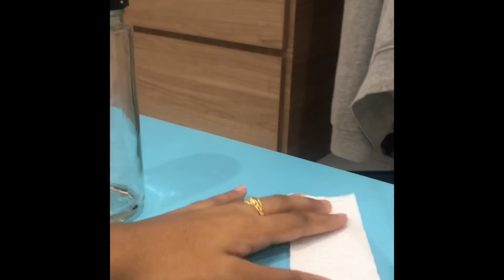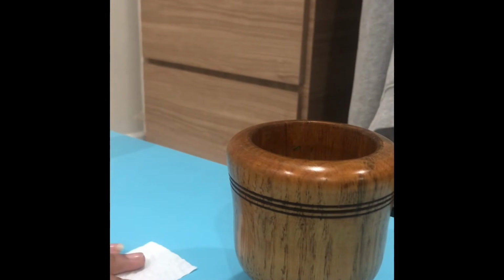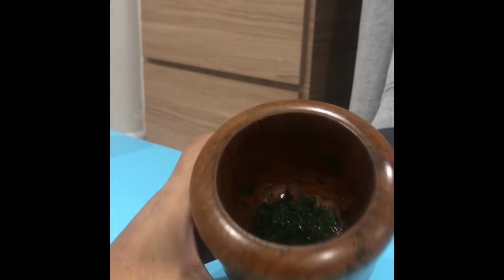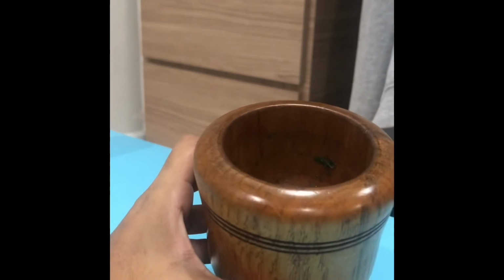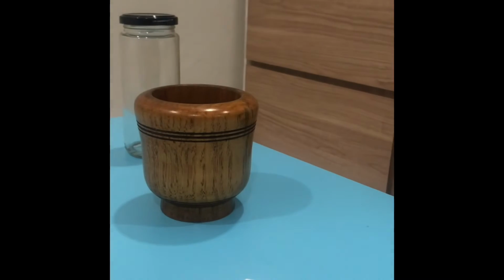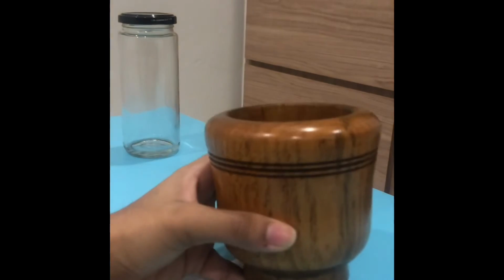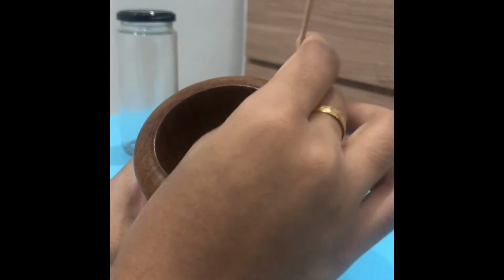That would be on the next task. The next task is to spot the TLC plate. So this is how the sample looks, and now I'll be using this. I don't have a microcapillary tube, so I'll be using a stick. So you can see I will take a tad bit from this, avoiding all the...